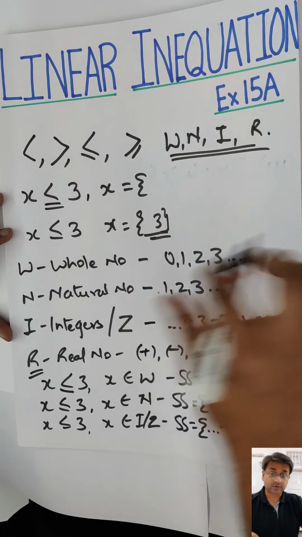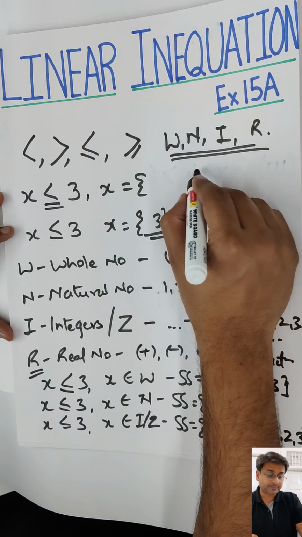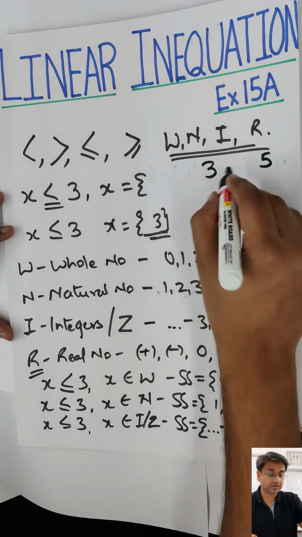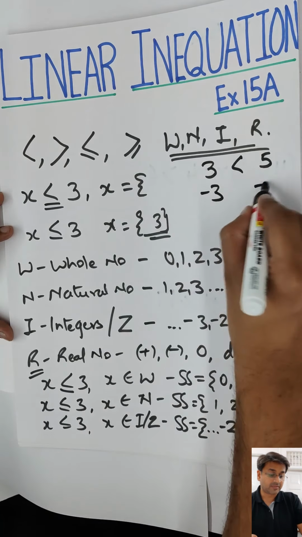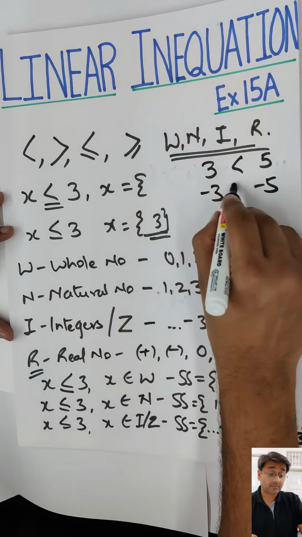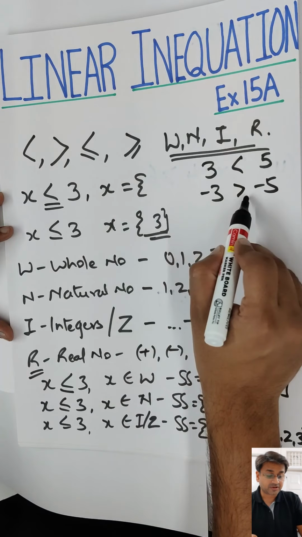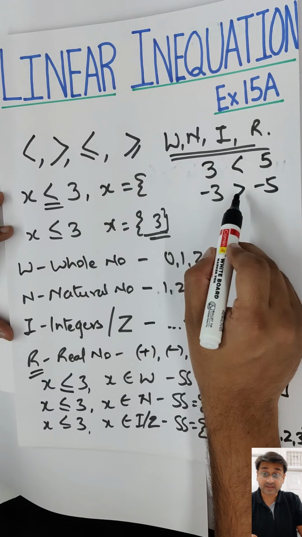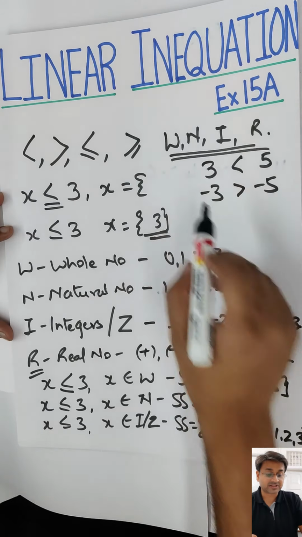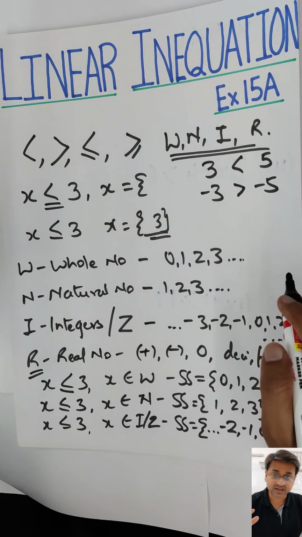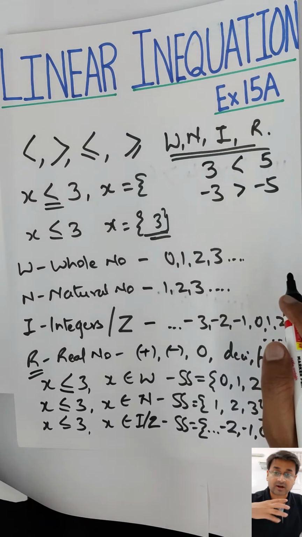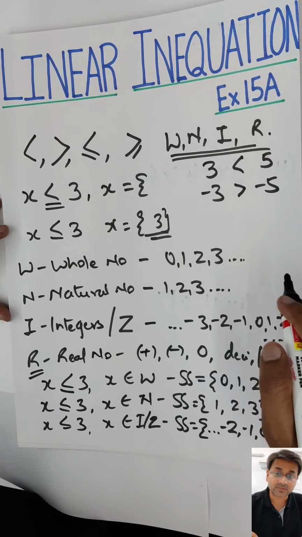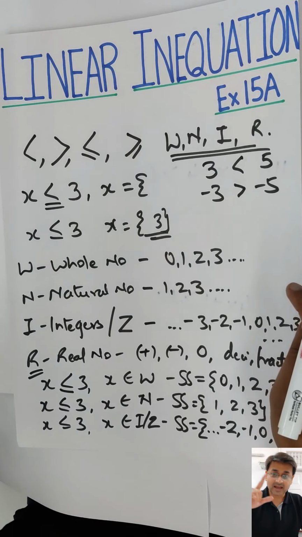Now the last part, the third part I told you. If I say 3 and 5, which is bigger? You will say obviously 5. But if I say minus 3 and minus 5, minus 3 is bigger. So when the sign is removed, the numbers are 3 and 5, and this sign also changes. That's very, very important. Many of you will make this mistake. Once we finish the entire exercise, I'll give you one sum crafted by me, and I challenge that 90% of you will go wrong. I'll tell you that time.